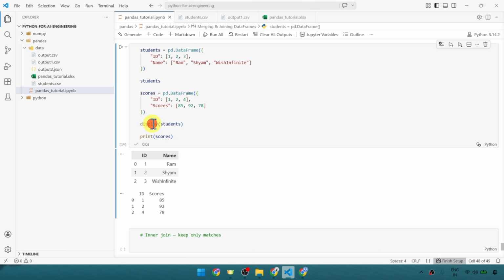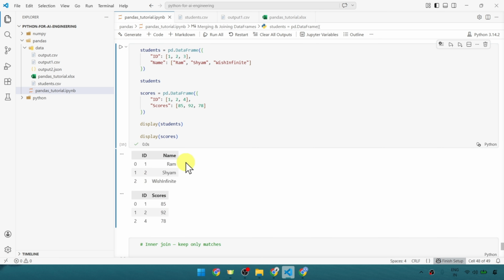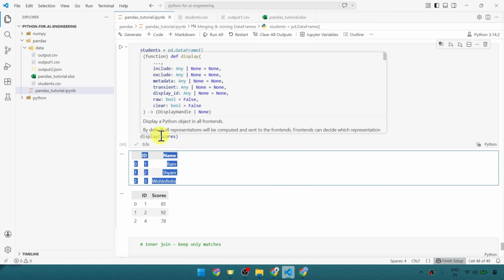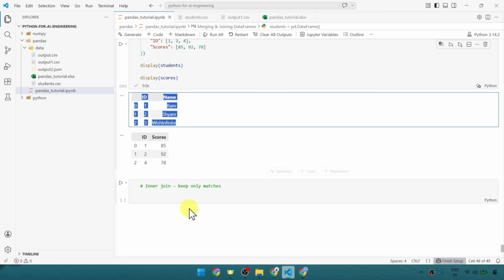Similarly, for the scores also, we can provide display. So rather than using the print function, we are using the display function if we want to see the output for multiple data frames. If we just want to see the output for one data frame, in that case, we can directly provide that variable name. That would also work, but we just wanted to see the output for both the frames. That's why we have used the display function. Now let's click on execute cell again and see, we are able to see this properly formatted table. There is no relation with the merging, but just for your viewing experience, you can use display also. Now as our data is ready, let's proceed further with the merging,